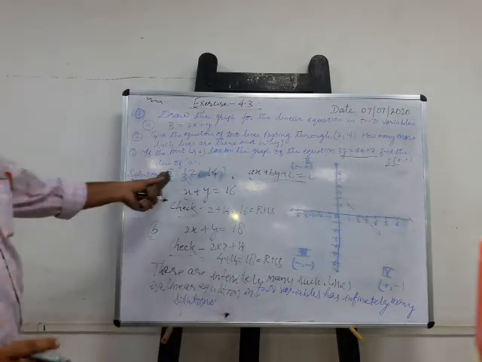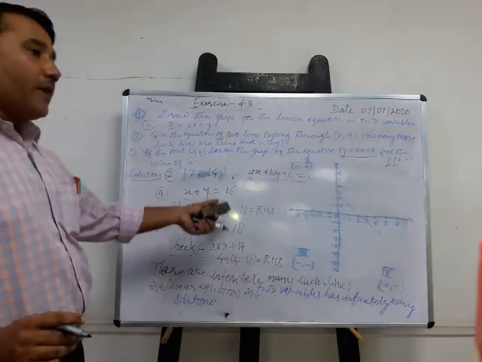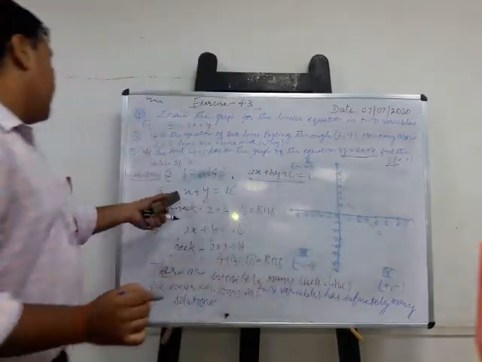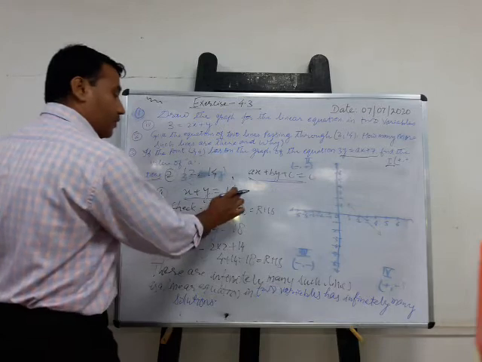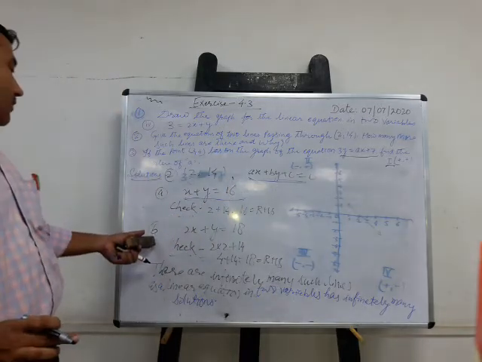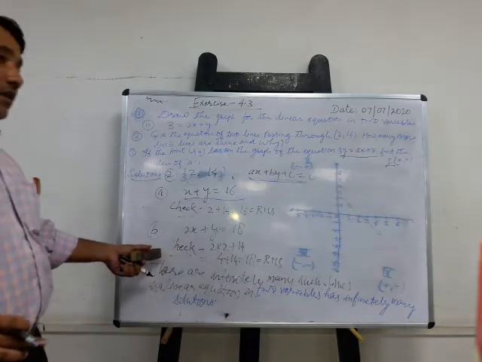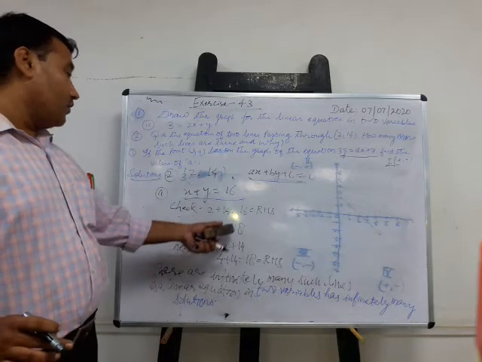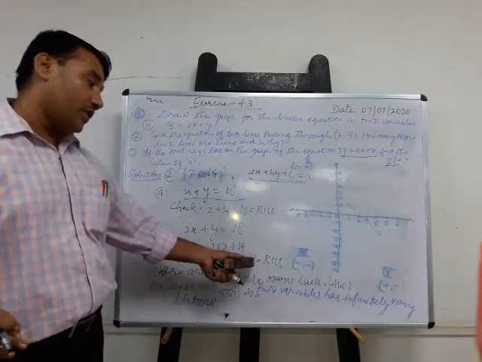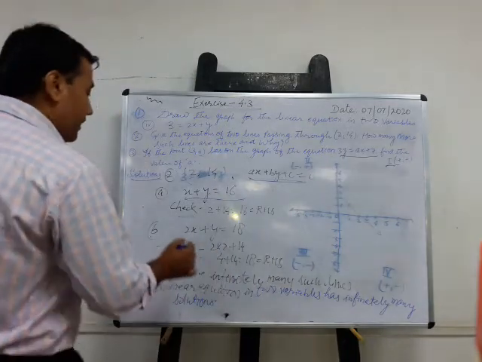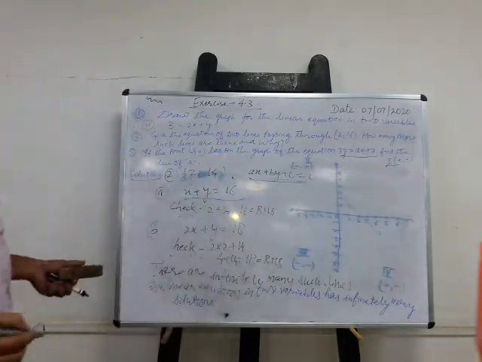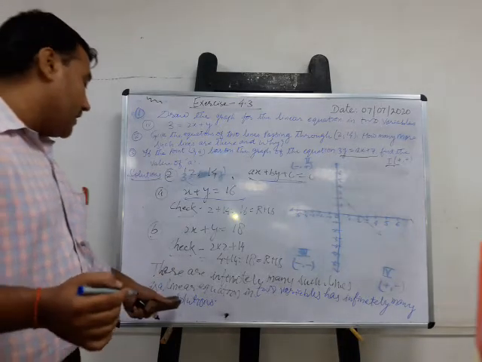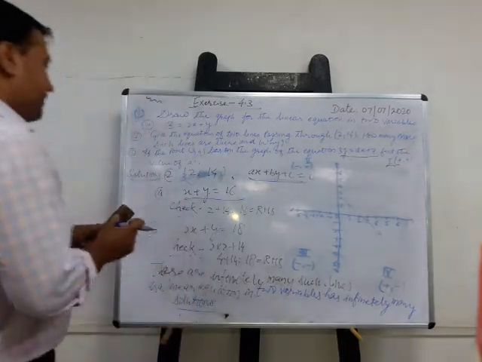So children, you have seen that if a point (2, 14) is given and you have to frame two linear equations in two variables, you have designed the equation x plus y equal to 16. You can verify it. And equation number 2, that is 2x plus y equal to 18. Put x equal to 2 and y equal to 14: 2 into 2 plus 14, that is 4 plus 14 equal to 18, equal to the right hand side. Clear? The equations are verified. There are infinitely many such lines, as a linear equation in two variables has infinitely many solutions. This is the reason for that.